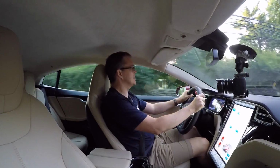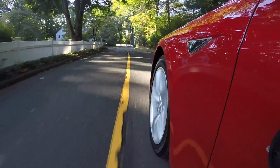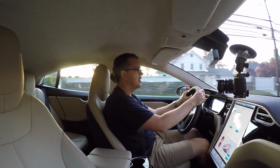Okay, so a quick wrap up of my thoughts on the Tesla Model S, the 70D in this case. I don't really have anything negative to say, apart from my head not being able to fit in the back. This car is as good as any other car in the category, a large executive saloon. It's just as nice as a 5 Series or an E-Class or an A6. And if I was in the market for a medium or large size sporty saloon, I'd get one of these. Really what holds me back from buying one,